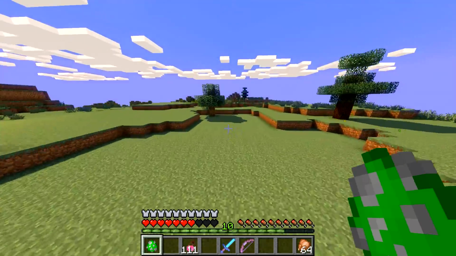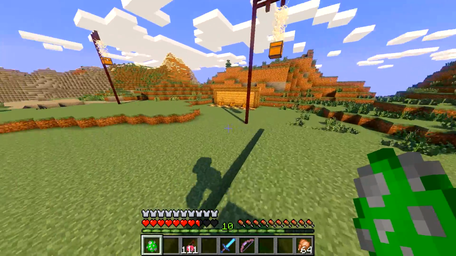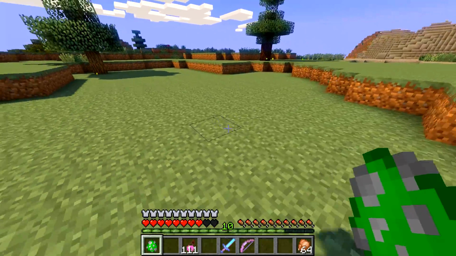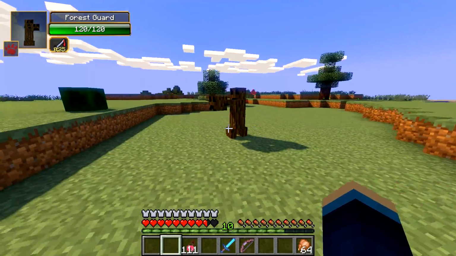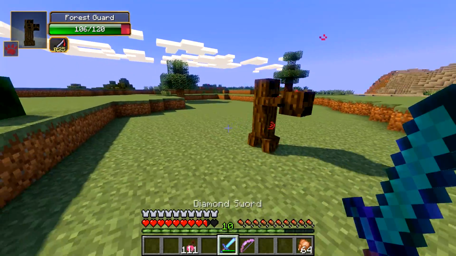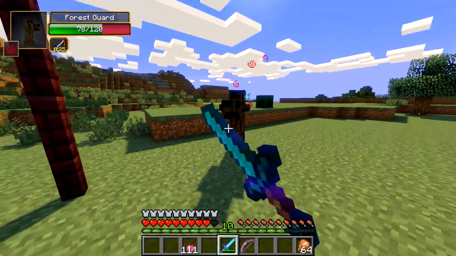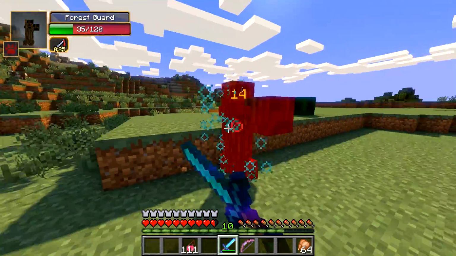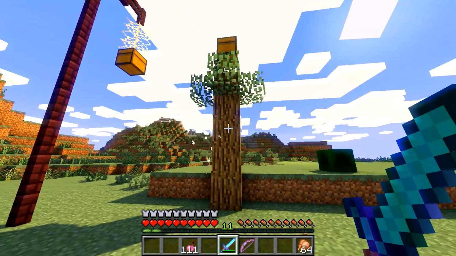Now the story behind these is that when you chop down trees, you're actually killing innocent trees, and so this guy spawns to try and protect his species, and he's holding the head of one of his dead brethren. So yeah, we're just gonna try and kill this guy. And you can see there he's got, I keep forgetting what this effect's called. Oh yeah, strength. I think it's strength anyway. But yeah, so we can just hit this guy, and he had 120 health, and when you kill him, he